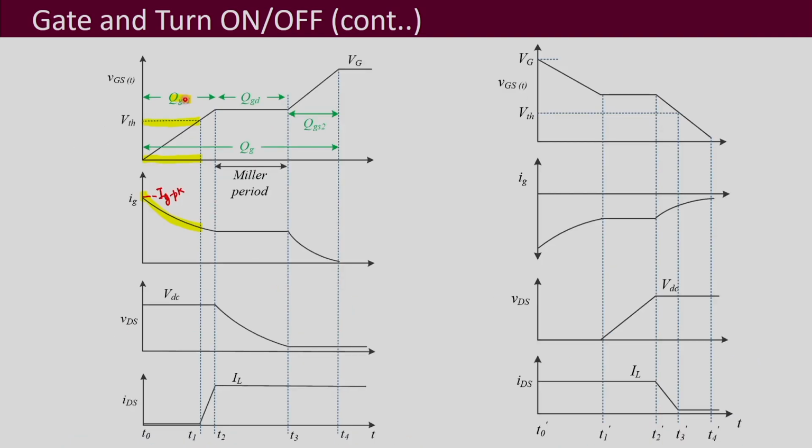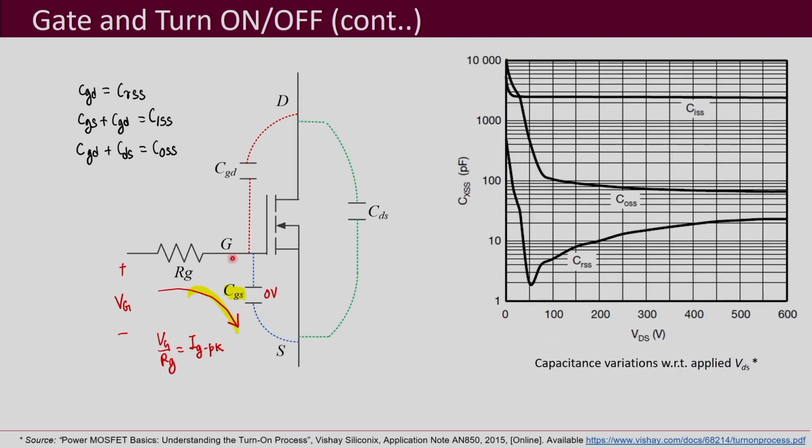So this is that QGS1, further it keeps on building up, and this gate current continues to decrease over here, okay, and this gate to source voltage keeps on increasing and it reaches this voltage, which is your VGSPL. We can say that's your Miller plateau voltage. This is the Miller region. Here what happens is the gate to source voltage becomes constant, it is not increasing. So what happens over here is that